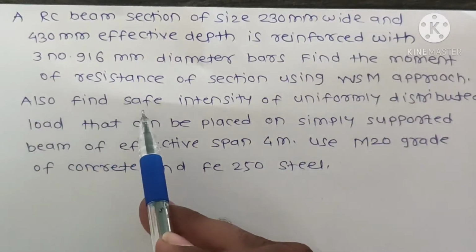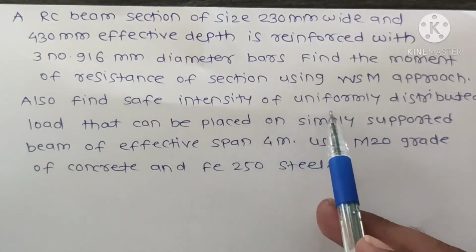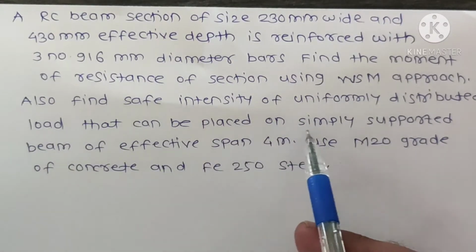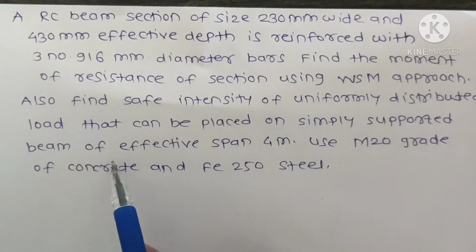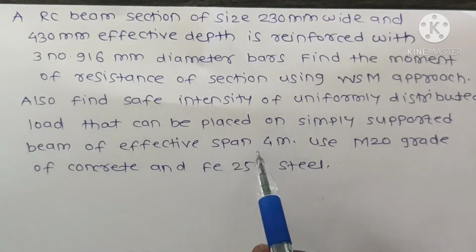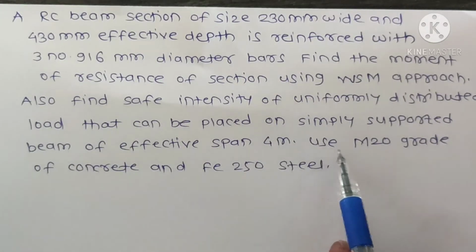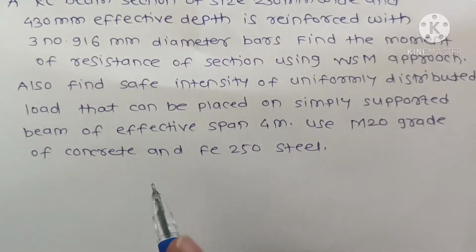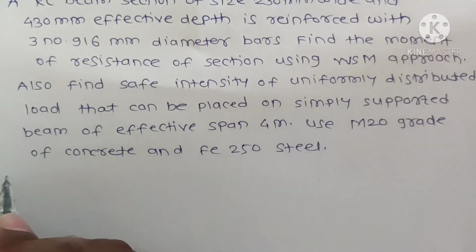Also find the safe intensity of uniformly distributed load that can be placed on a simply supported beam of effective span 4 meter. Use M20 grade of concrete and Fe 250 steel. Then the solution is